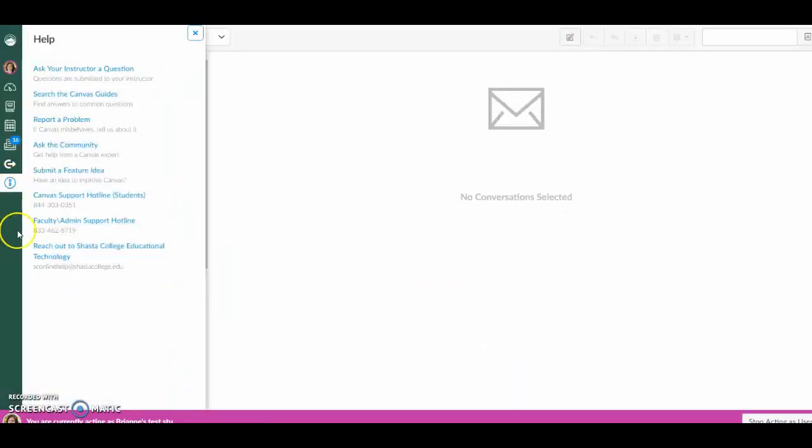Finally, the most important feature here, and that is the Help menu. If you have a question about Canvas, something you're trying to do, and you're kind of stuck, never fear. There is a 1-800 number in here for you to reach out and call somebody 24/7. The Canvas tech support team will help you through the situation. Or if you can wait 24 to 48 hours for a response, you are welcome to email the on-site team at